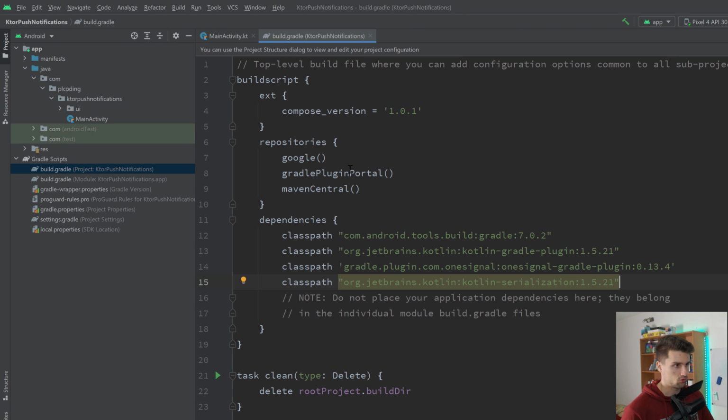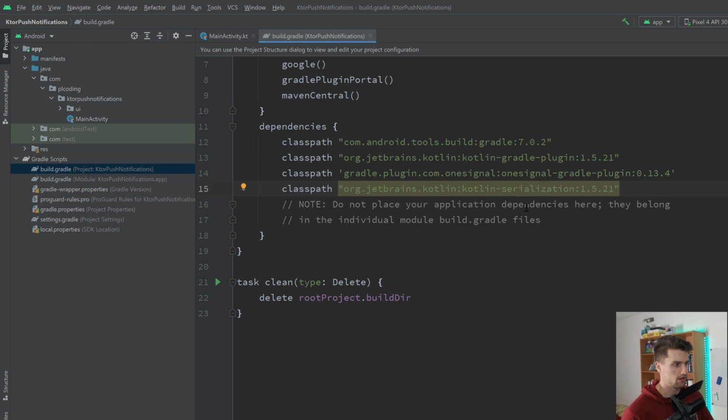So here in our build.gradle project file, on the one hand we have this OneSignal Gradle plugin which you need. And we have Kotlin serialization as a plugin for Gradle. Because as I said, we will use a Ktor backend to send these notifications. In theory, you could just implement all of that stuff in Android only. Because what we actually need to do is we need to make an HTTP request to OneSignal to send our push notification. However, if we do that from Android, that means we need to include our API key, Android side, client side,